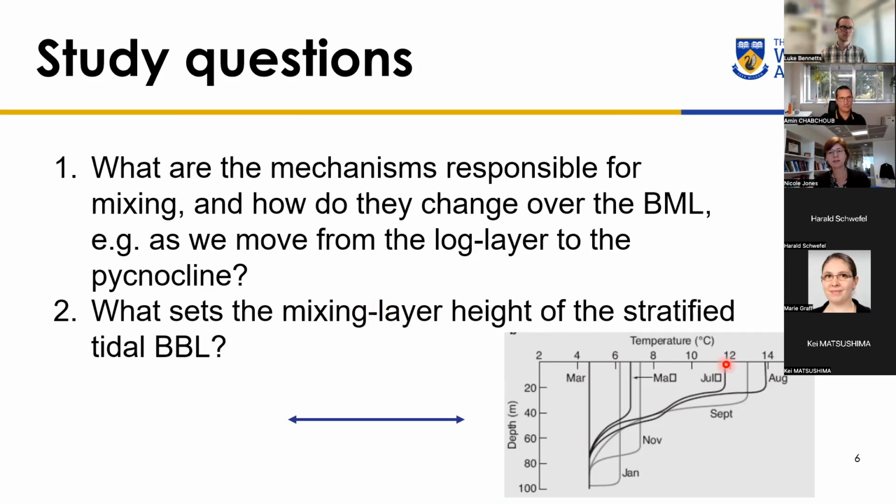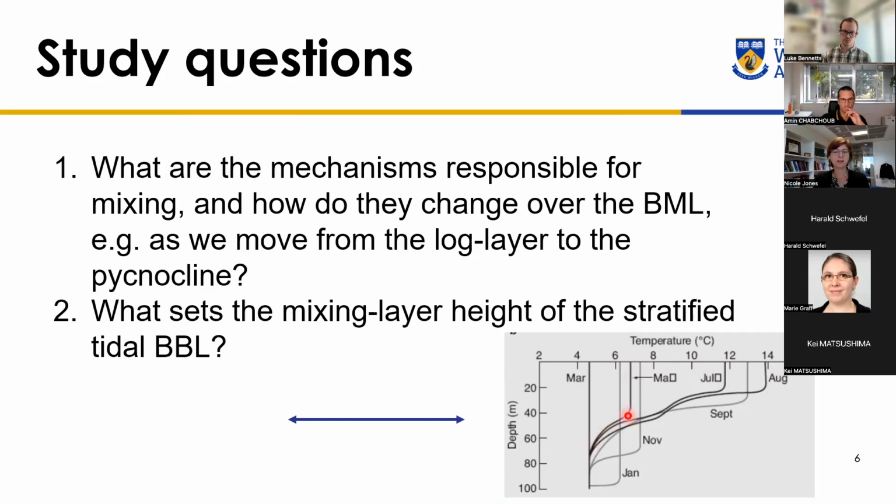So just to get you all into the same frame of mind for what this means in the ocean, I've just pulled out a little example temperature profile of the ocean. This is showing different months, so it's perhaps a bit more confusing than it needs to be. But if we focus just on this one profile here, we see in the surface we have this well-mixed layer, which is our surface boundary layer. And obviously this is receiving a lot of energy from wind and surface waves. And then below that, we have